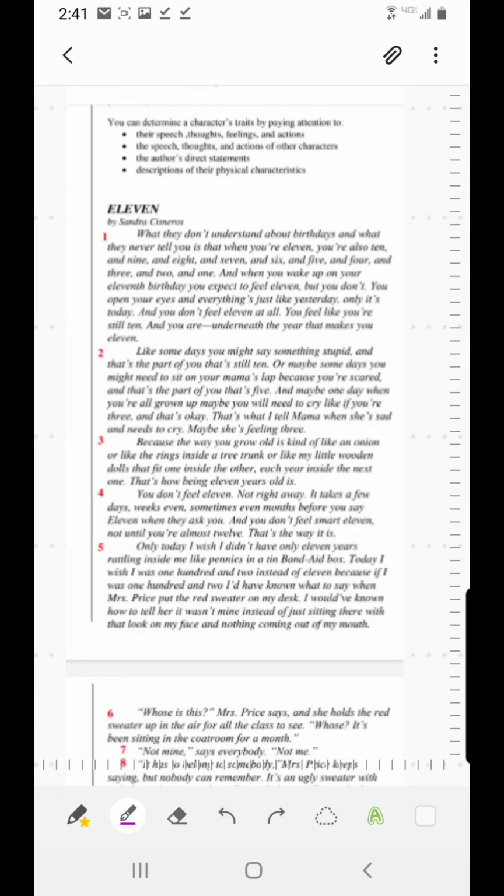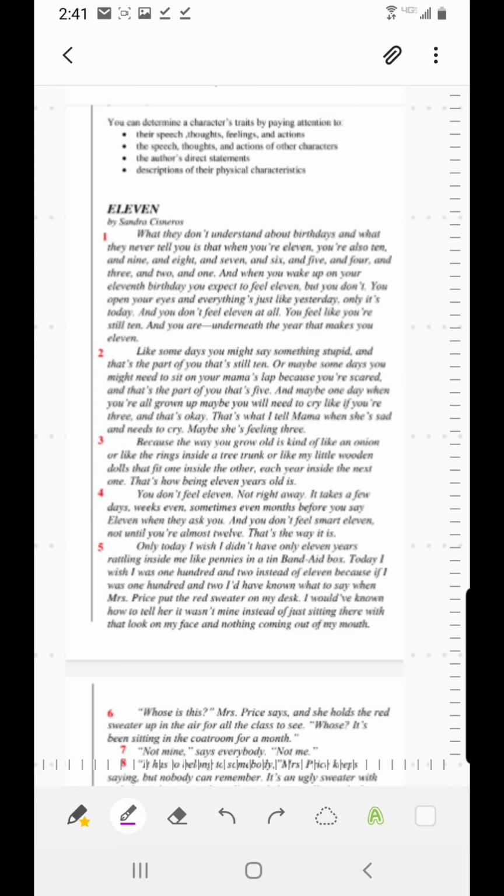All right, AP Lit students, this week we are focusing on a short story by Sandra Cisneros entitled "Eleven." And remember, a short story is a form of fiction that can generally be read in one sitting. Now, some of you may have gotten the short story and thought to yourself, what in the world? This is not a short story. But this might be similar to something you may encounter on the AP Lit exam. In fact, this short story was featured in the AP Lit prose fiction essay in 1995.